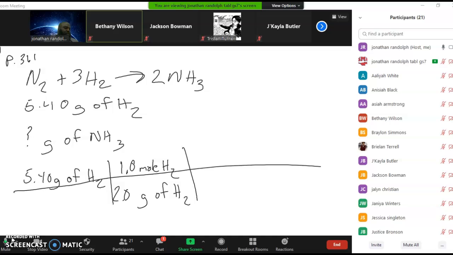So now that we are dealing with moles of H2, we're going to take a look back into our equation and look at the ratio. So for every 3 moles of H2, we produce 2 moles of NH3. Okay. And then, because we have to go back to grams,